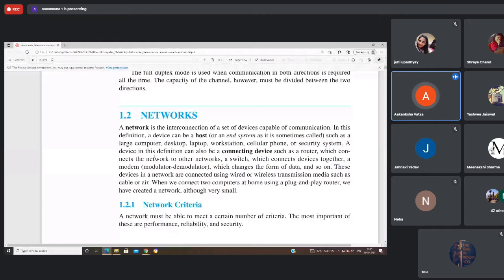According to this definition, a device can be a host, that is an end system like a telephone system or your laptop or your desktop. It can be a large computer, desktop, workstation, cellular phone, or security system. A device can also be a connecting device such as a router, which connects a network to other networks, a switch, which connects devices together, or a modem, that is modulator, demodulator, which changes the form of